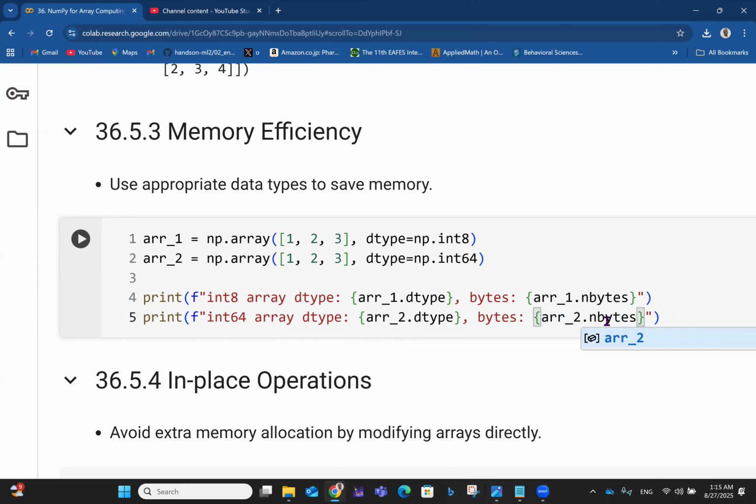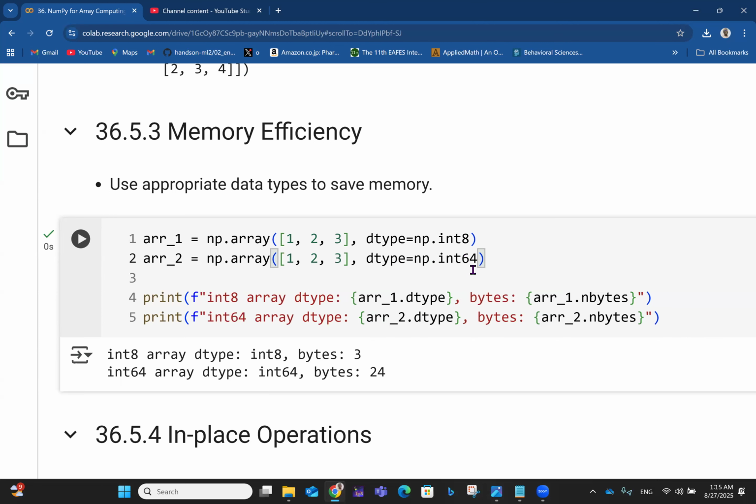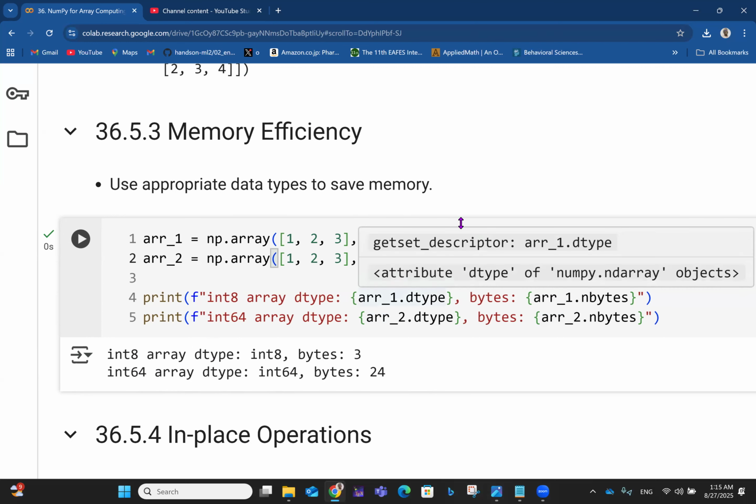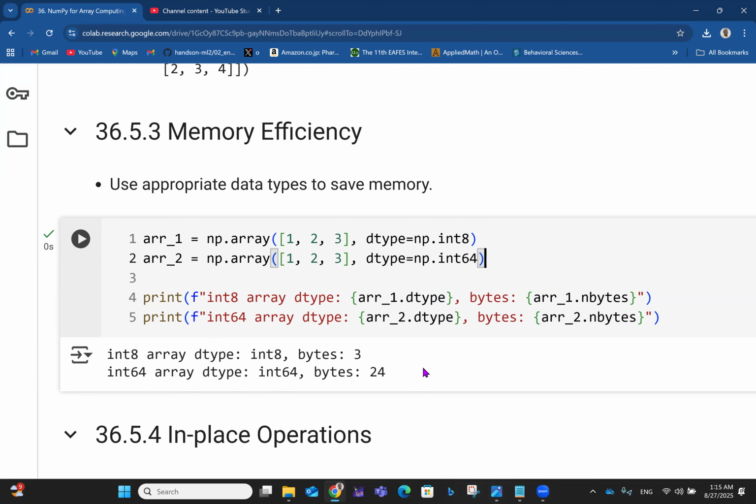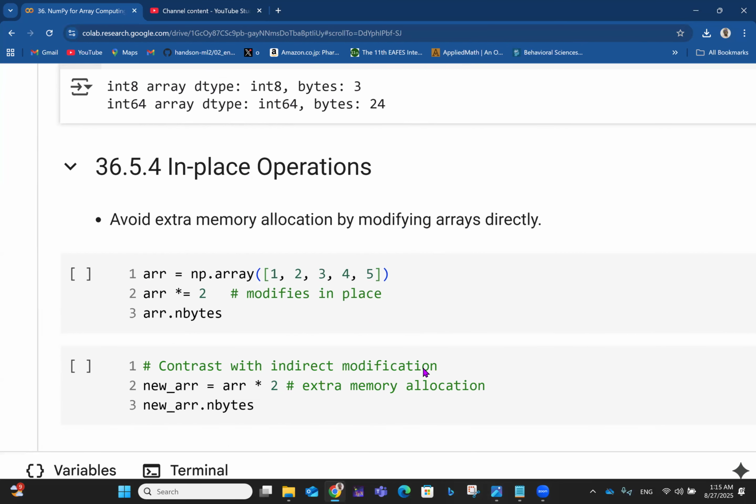Imagine for array 1, we have 1, 2, 3, and we want it to be integer 8, and then array 2 wants it to be integer 64, right? And then I want to see how much memory space each one of them takes. We're talking about memory efficiency. They say integer 8 takes just 3 bytes, and integer 64 takes 24 bytes. So if you specify the kind of array you want, it can actually save memory if memory is really of